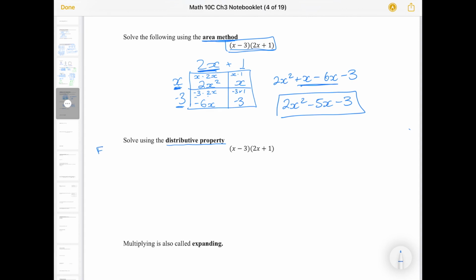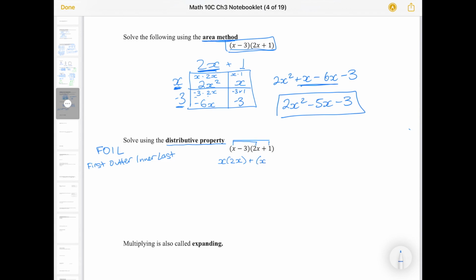Now, we often also call this FOIL as an acronym because you do first, outer, inner, last is what that stands for. What this means is first, my outer. So I'm going to multiply x times 2x, and then I'm going to multiply it by this one as well,